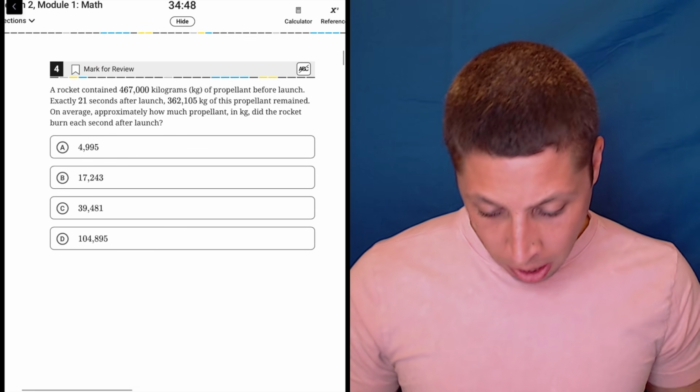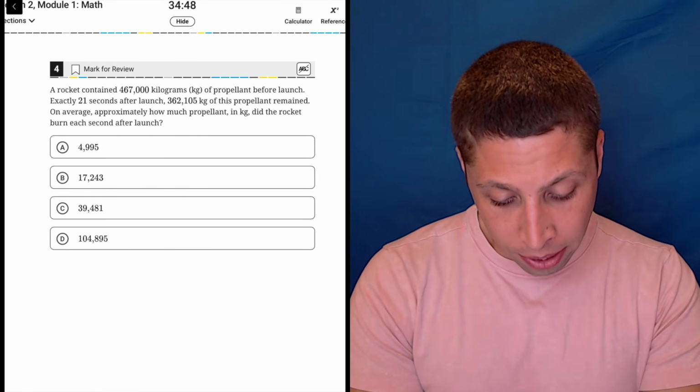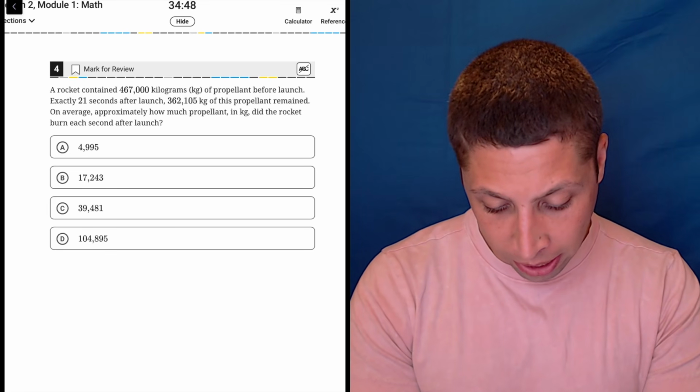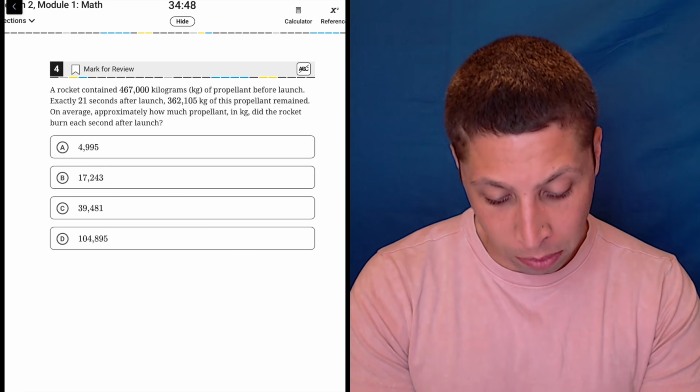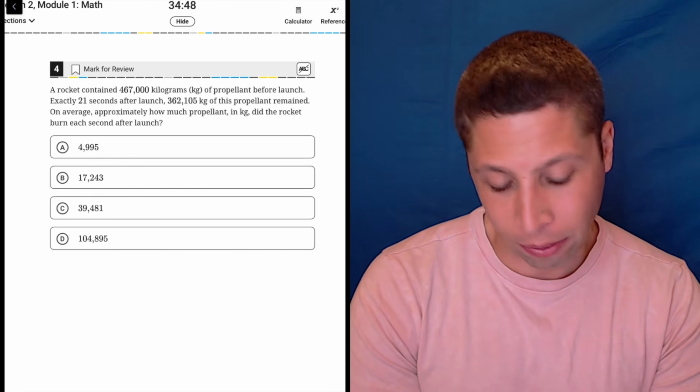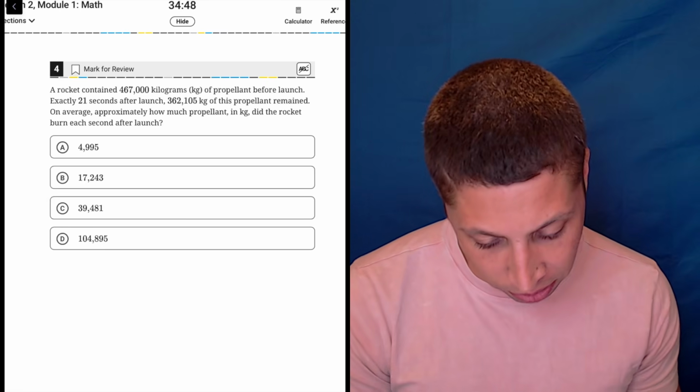Let's move on. A rocket contained 467,000 kilograms of propellant before launch. Exactly 21 seconds after launch, that amount of this propellant remained. On average, approximately how much propellant in kilograms did the rocket burn each second after launch? So you could do this as a linear equation, but there's really no reason to, right? So just do